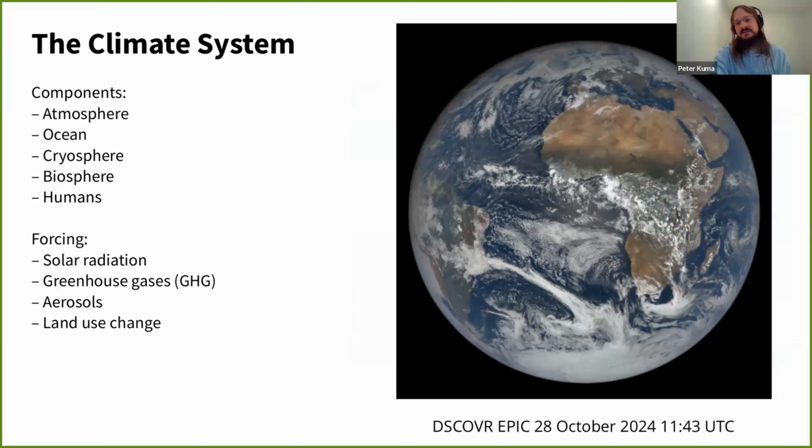And so in this photo here, it's an image from a satellite from yesterday, showing the sunlit part of the Earth. It's from a satellite which is in the first Lagrangian point, so it's quite far from the Earth. And here you can see some of the factors that the climate system is composed of. Maybe one of the notable ones is the cloud cover, which is very changeable in time and in space. And so that's one of the very difficult aspects of the climate system to simulate, for example.